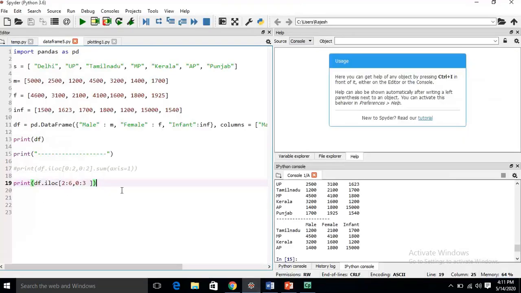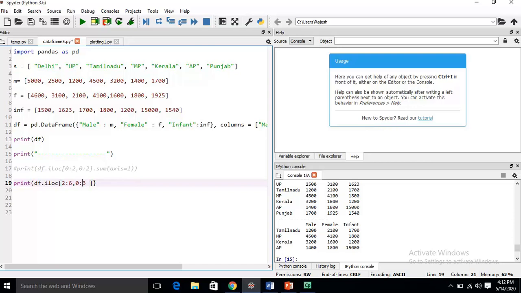Then the simple thing you have to do is use the dot notation, then use sum, then use axis equal to 1. One more thing I just want to explain.